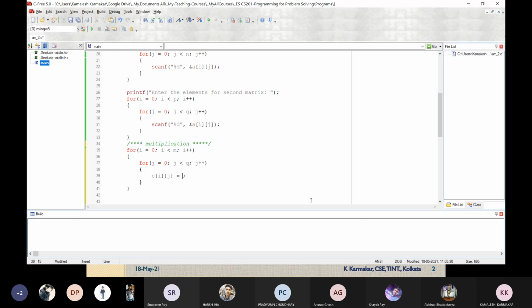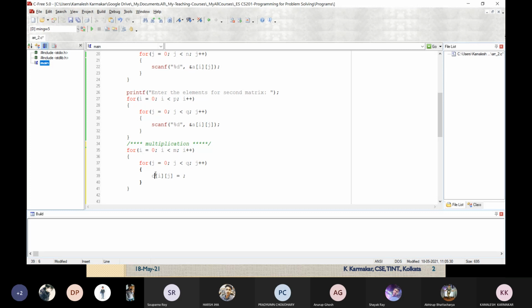Initially i equals 0, j equals 0. At the first iteration, C00 will be calculated, then C01, C02, in that way. So this inner loop will calculate the elements of each and every row of C at a time.